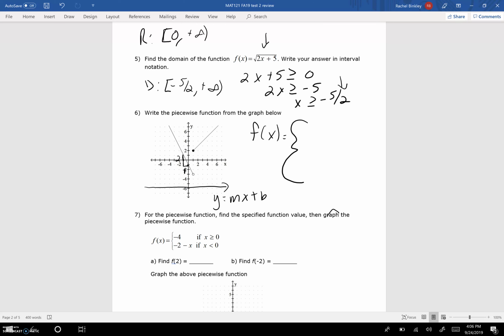So our first one is going to be negative 2x, and then the y-intercept is right here where it crosses the y-axis at